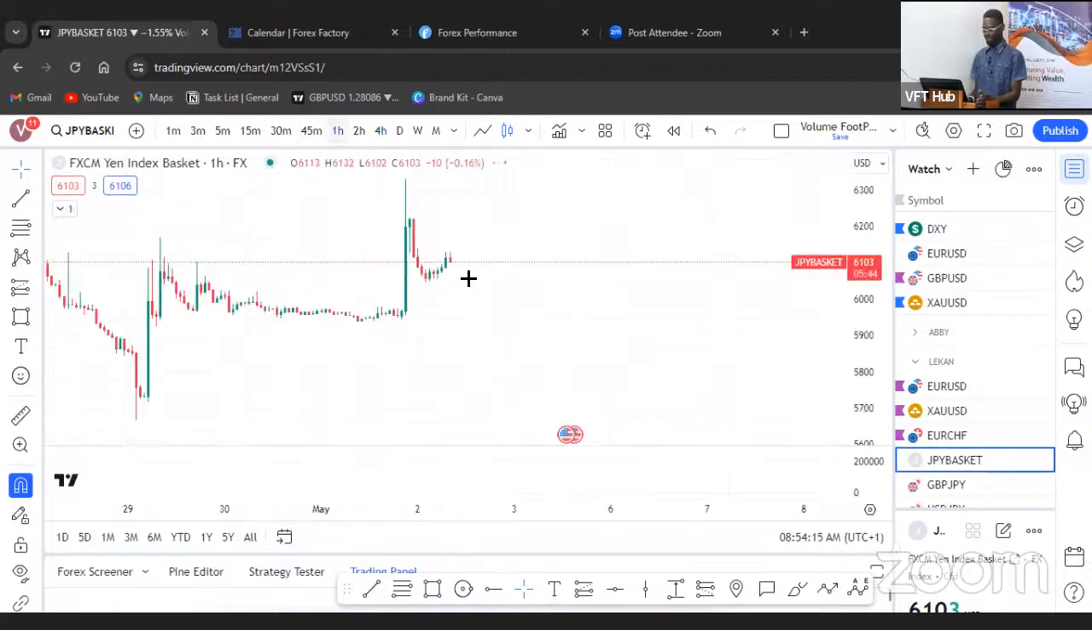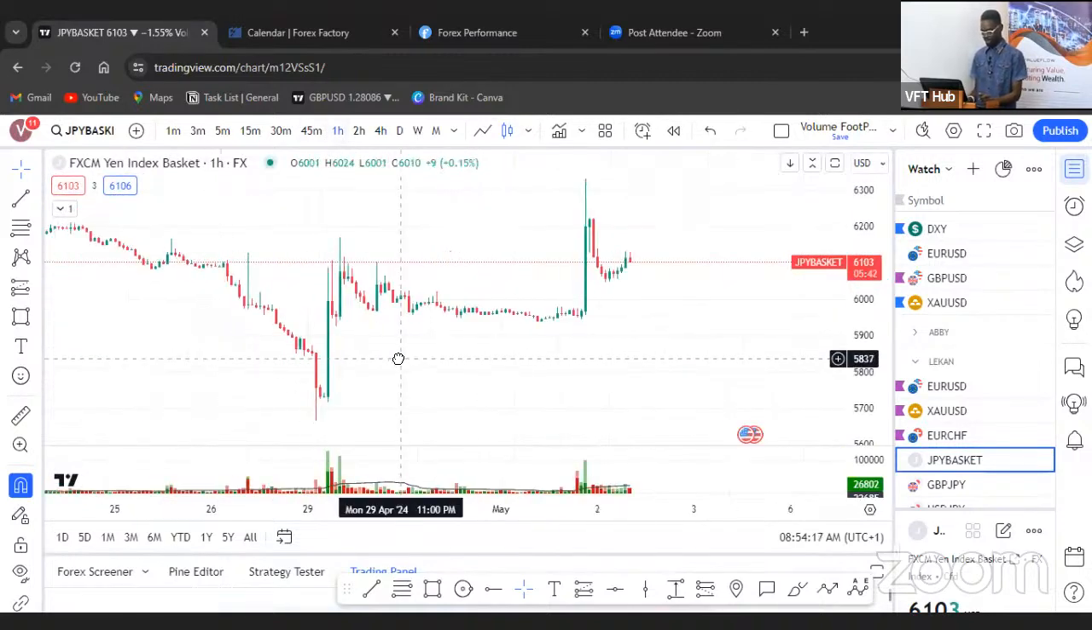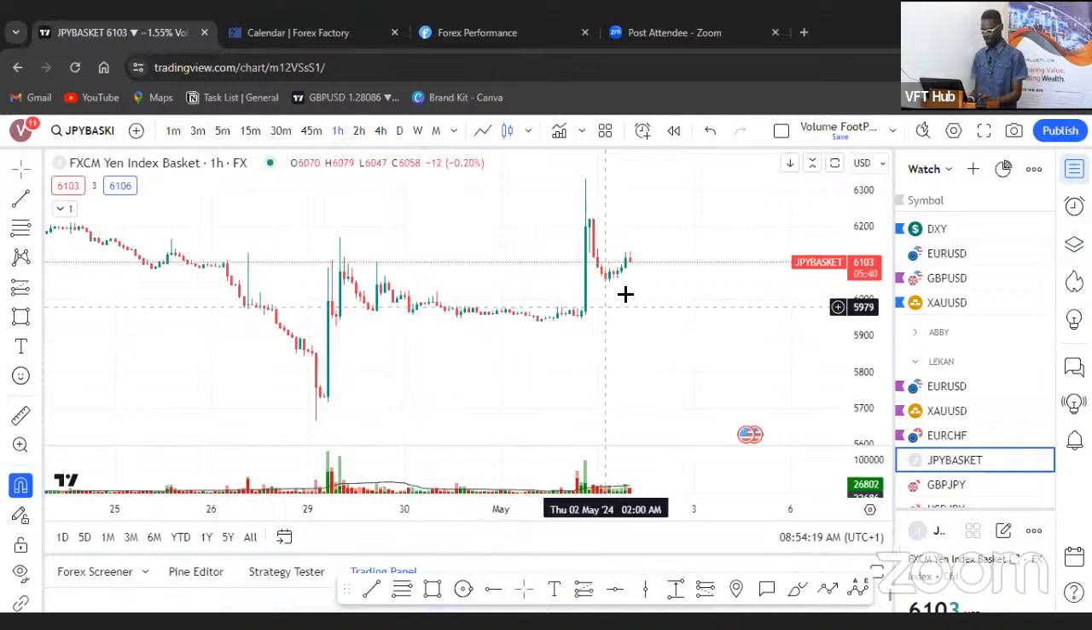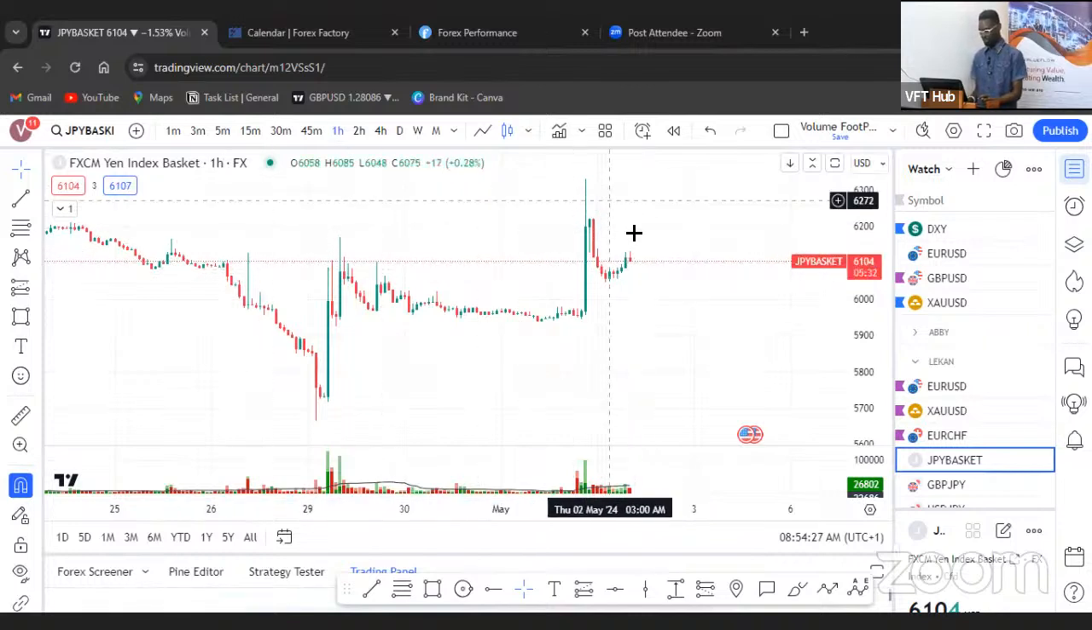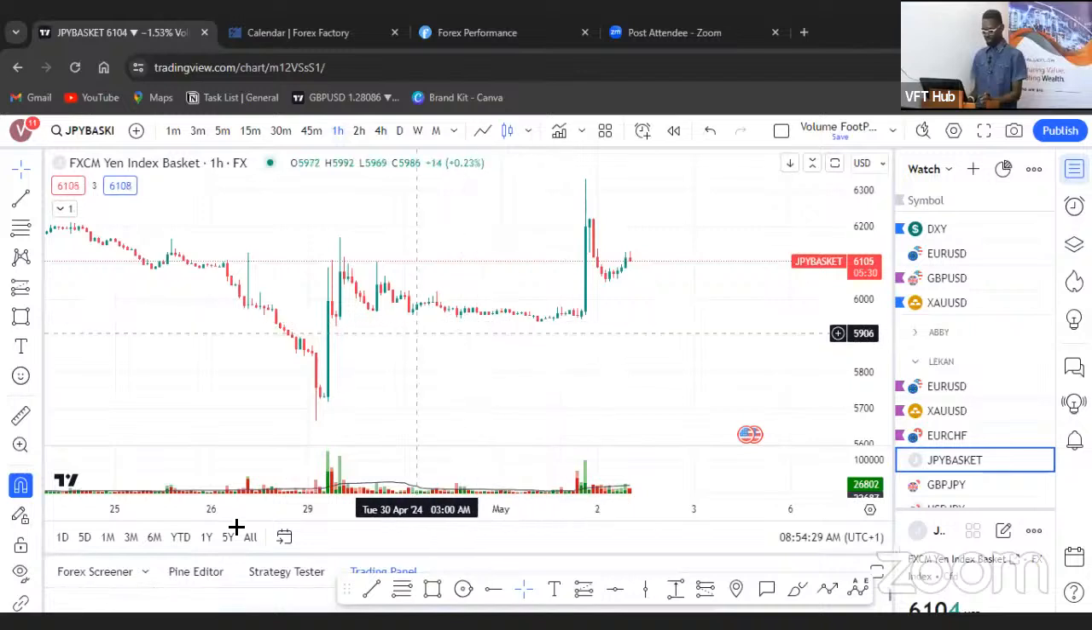Now, if you look at it on the 1-hour time frame, what are we seeing? The 1-hour time frame is now giving us a clean move to the upside. This is just a clear move to the upside. But the moment price breaks this level again,